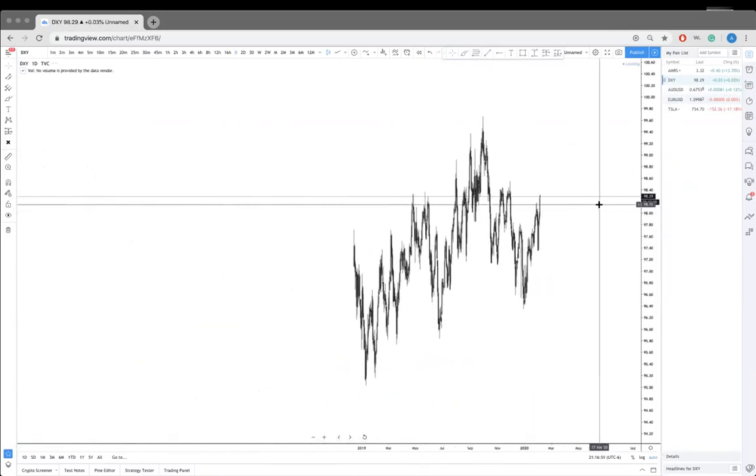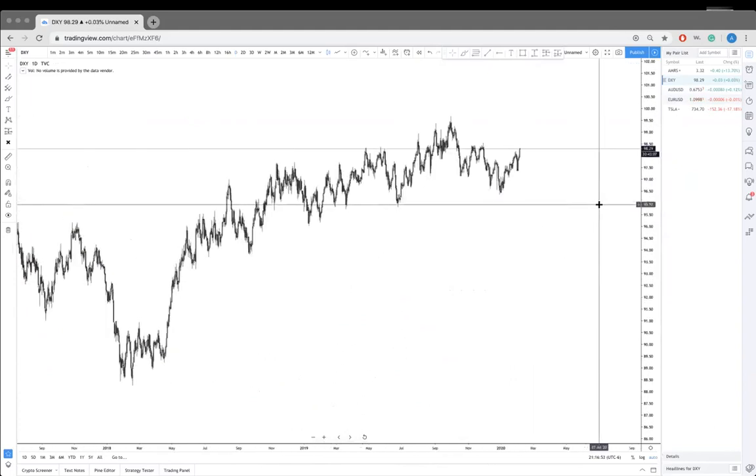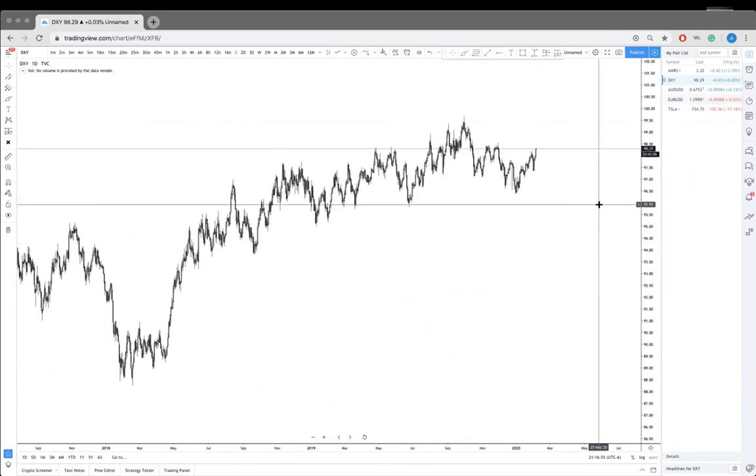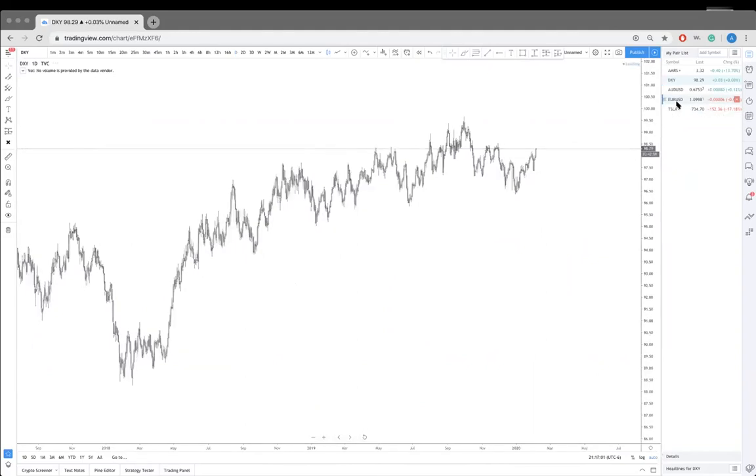You should always, this is the only correlation I will ever recommend to anybody, just because obviously the US dollar is mainly composed of the euro. And